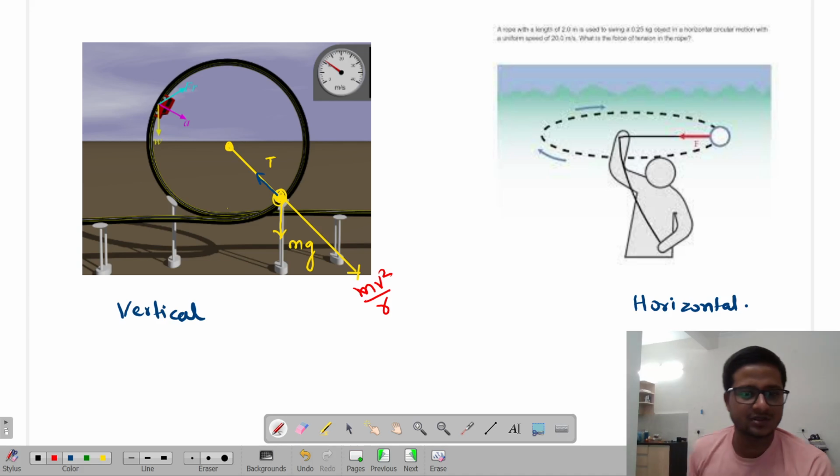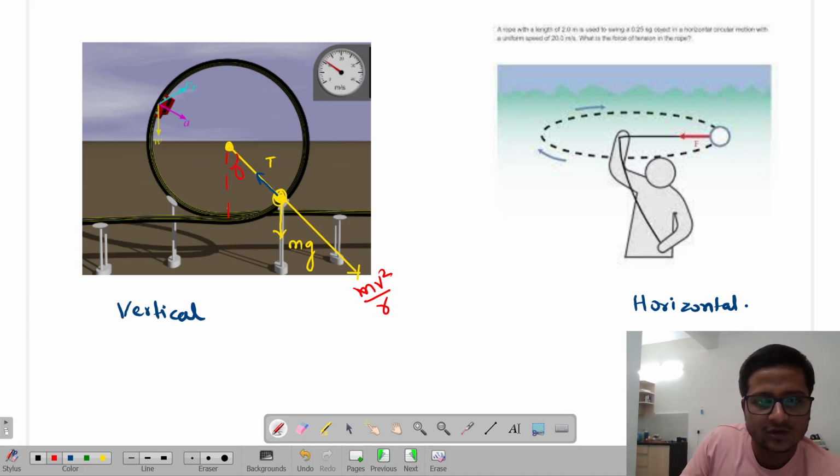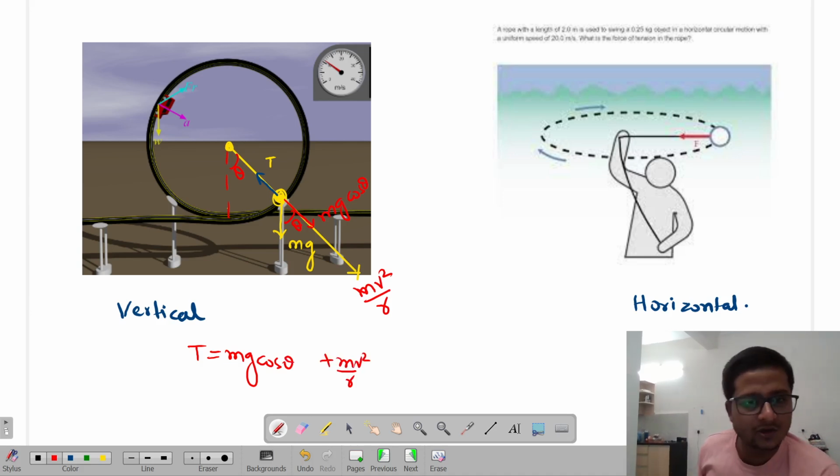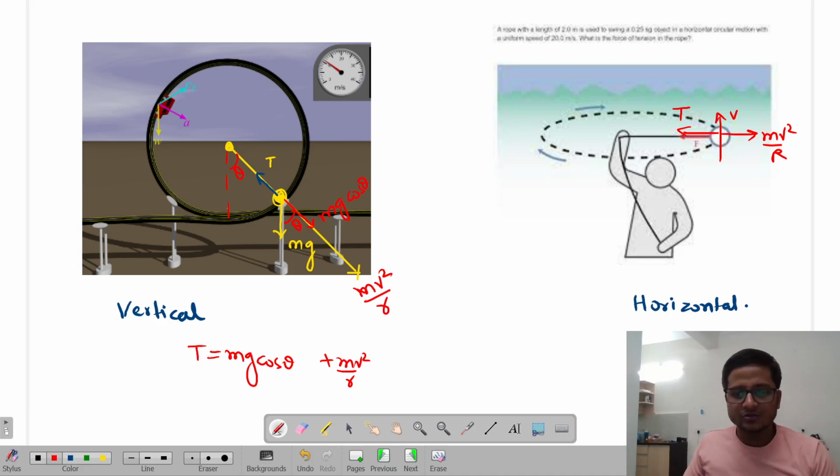तो मान ले इस टाइम पे ये जो एंगल है वो थीटा है। तो ये भी एंगल थीटा। तो mg का दो कंपोनेंट आएगा ना, ये mg इधर आ जाएगा, mg cos थीटा। तो हम क्या बोले? टेंशन T इज इक्वल टू mg cos थीटा प्लस mv स्क्वायर बाई r। मेरी बात समझ में आई? ठीक। तो देख, अगर हॉरिजॉन्टल लूं तो हॉरिजॉन्टल में इस टाइम पे इसकी वेलोसिटी v, तो यहाँ पे mv स्क्वायर बाई r इज एग्जैक्टली इक्वल टू टेंशन T।